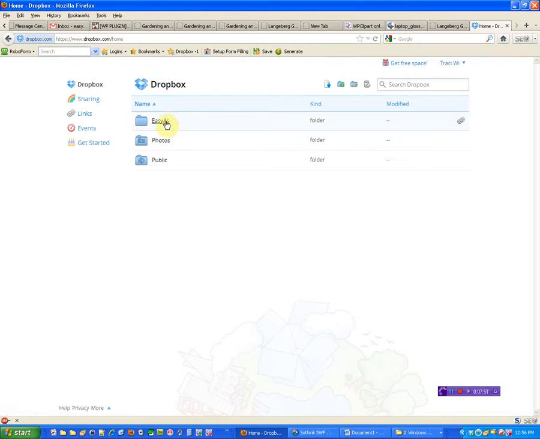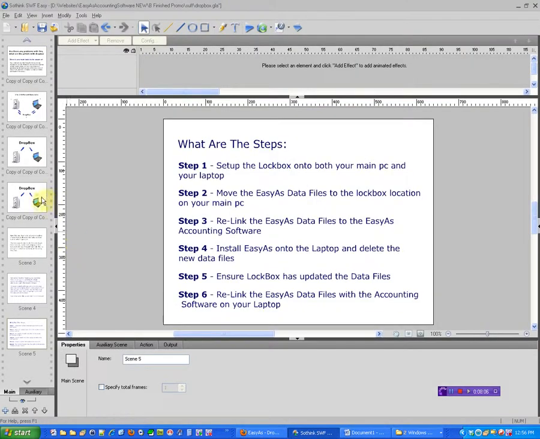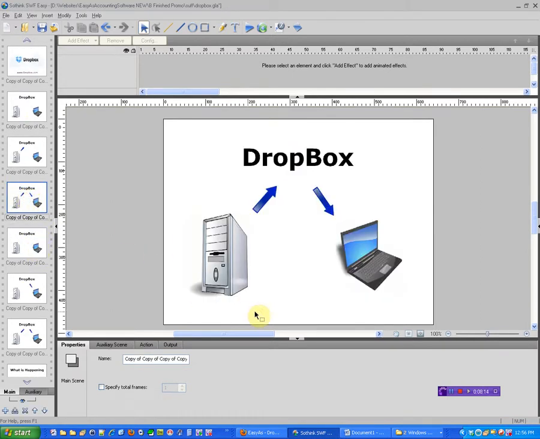I open up EasyAs. Oh, look at that. The Dropbox folder on the internet now has those exact same 4 files. So it's done exactly what it was supposed to do. If I jump back to my little software here, this little template that I was using earlier, it's done what it was supposed to do. We've put our data files on our main PC in the Dropbox folder, and automatically when we did that, because Dropbox on the internet was monitoring this PC, it said, oh, we've got files which should be